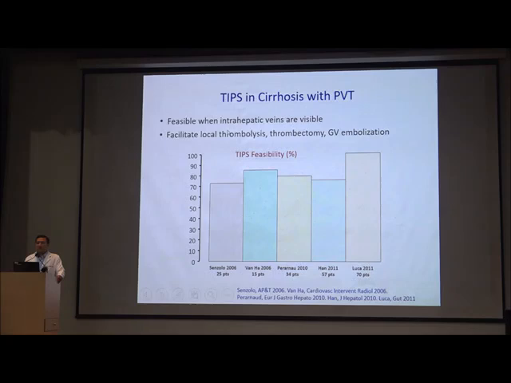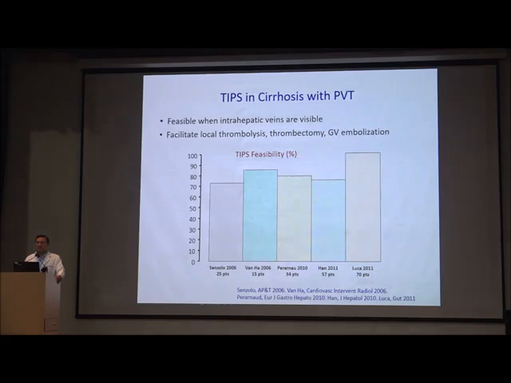If the intrahepatic portal vein is visualized, then the intrahepatic vein should be cannulated. Otherwise, the alternative procedure through the transsplenic route may be used to develop TIPS. Some of the studies have shown that if a large collateral is there, then we can put the TIPS stent